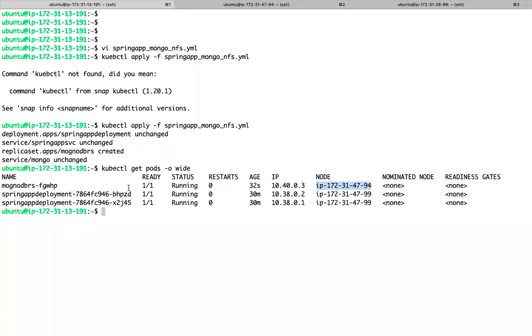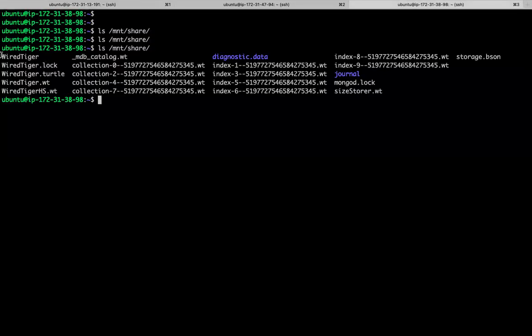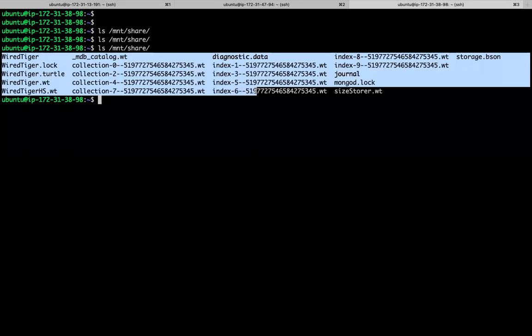But what type of volume is this pod using now? If my pod is rescheduled to another node, if this node is down, do I need to worry about the data? It's using NFS. And if I go and see here, what is this data, guys? It's your Mongo database.